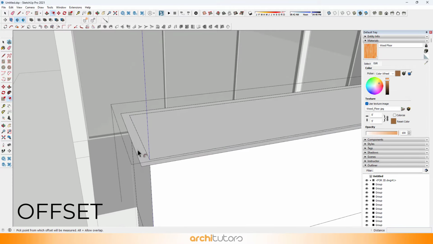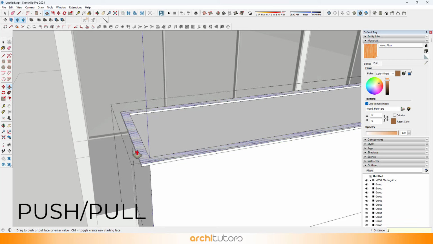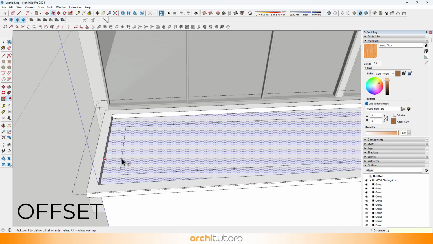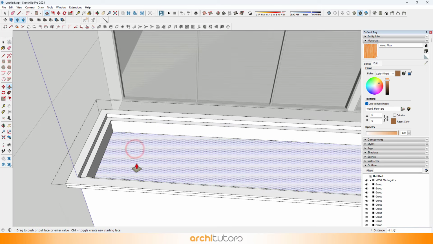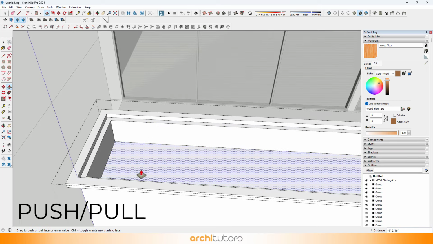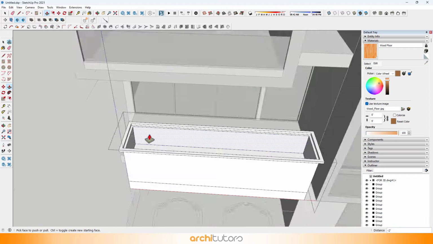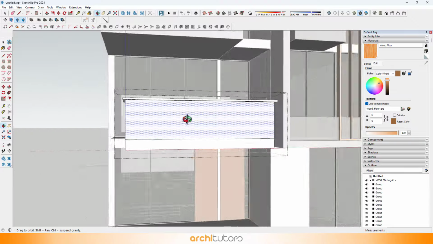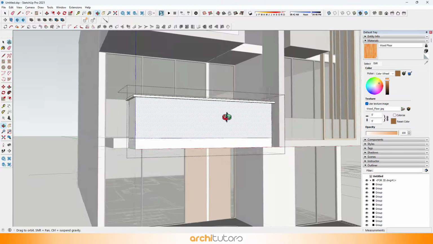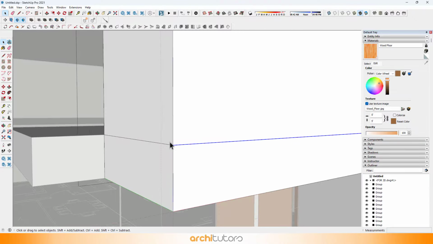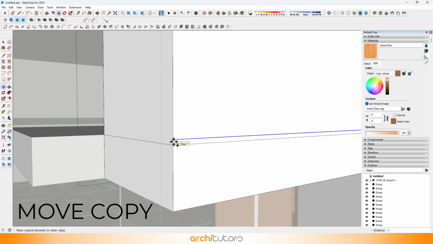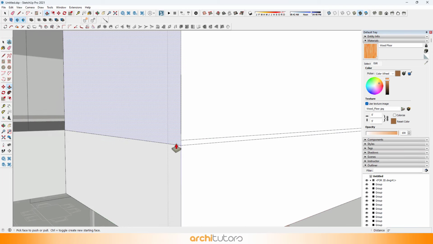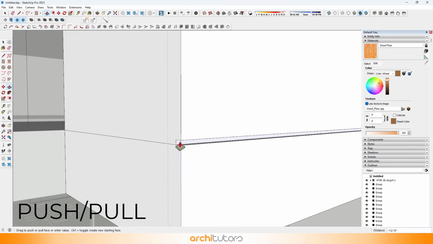Add a cornice on the top by doing offset of the top surface. And I want to add some small grooves on the face of this balcony. Create a rectangular face and extrude it.